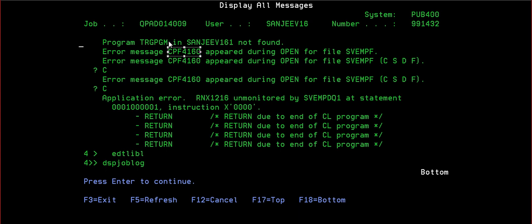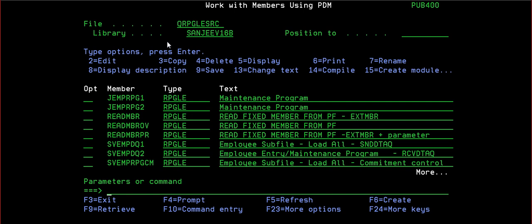Oh, trigger program. We added a trigger also. We added a trigger in this file, right? DSPFD SVEMPF. Let me see.